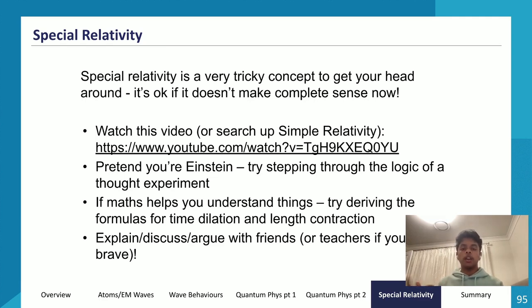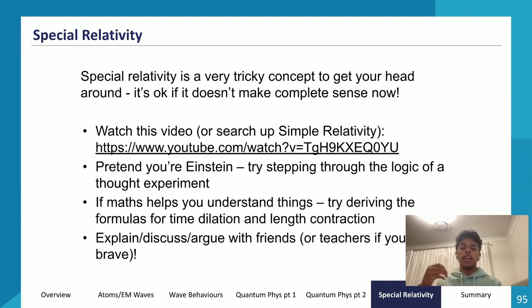You just use Pythagoras to show that it would be a greater distance. And then just make sure, in terms of getting confident with answering special relativity questions, that if you come across a hard question that you get wrong or can't answer, you explain, discuss or argue this with your friends, because you would have different perspectives on this, and your friend might have a correct way of